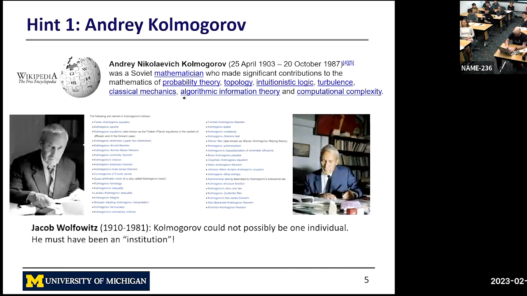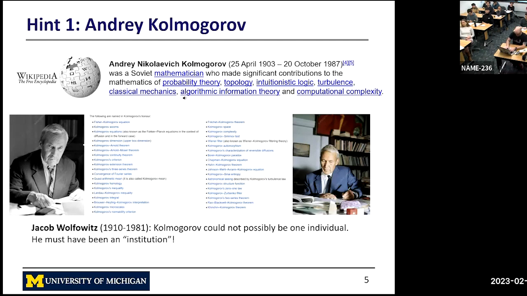And the first one is Kolmogorov. Probably you have come across his work at some point in your field, but if not, I took this introduction from Wikipedia. Andrei Kolmogorov was a Soviet mathematician who made significant contributions to mathematics in a lot of fields. And among these many fields, what we are going to talk about is turbulence. Of course, Kolmogorov is much broader than turbulence, and he has made lots of seminal contributions to different fields